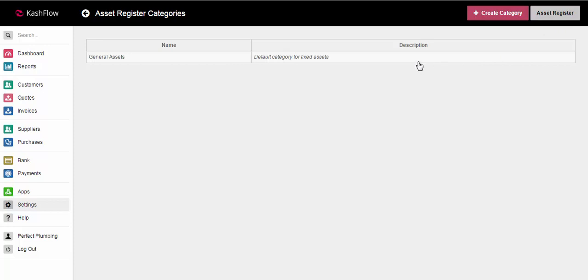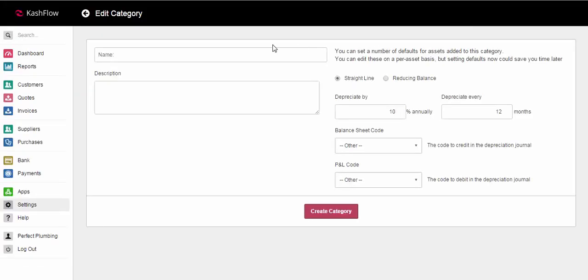If you want to break out your asset register into different categories, all you need to do is just click Create a Category at the top of the page, give it a name, so I'm just going to type in Company Cars into this one, whether or not it's going to be a straight line or reducing balance, and you can also choose the depreciate by, so I'm doing 15% annually, and you can choose the months it needs to depreciate,